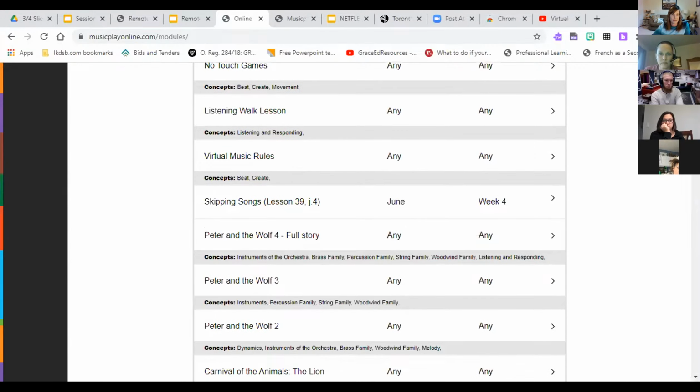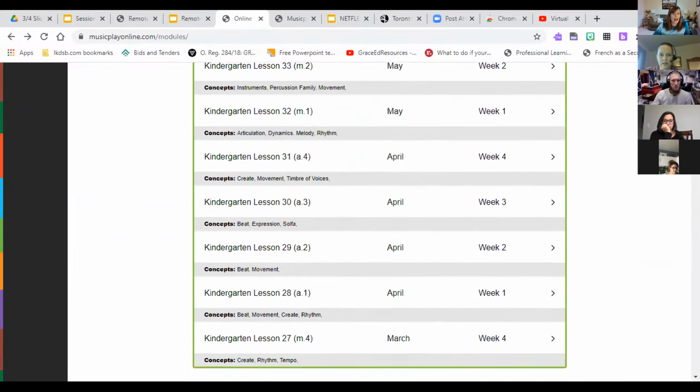This is a really short lesson by the looks of it. It's just that one activity. Some of them have multiple activities where you can click, they're interactive. Students listen to a piece of music and they respond. It's really neat, I thought. It's all sorted by grade too. Yeah, absolutely. That's what I was going to say.